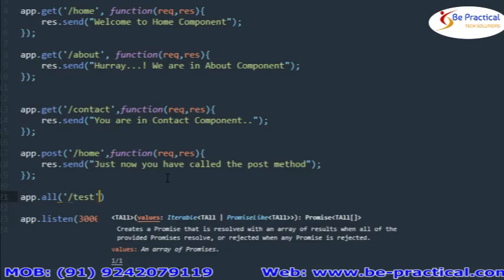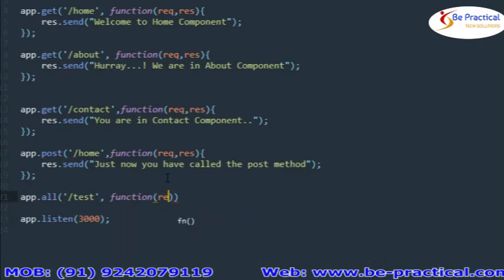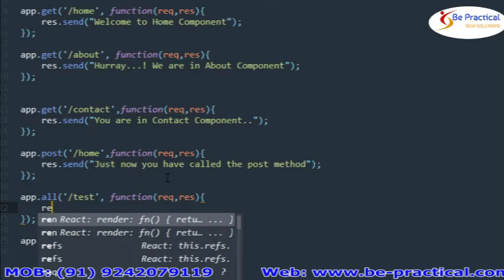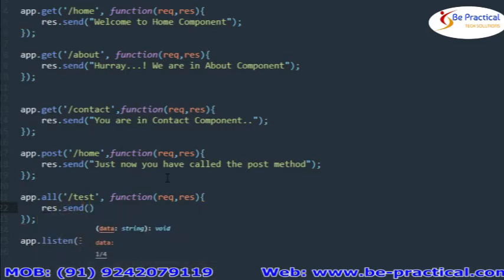So we'll just call test, and also the callback function which has request and response. If you want to use this method, we have to declare this request method, and we'll call res.send. We'll send the string